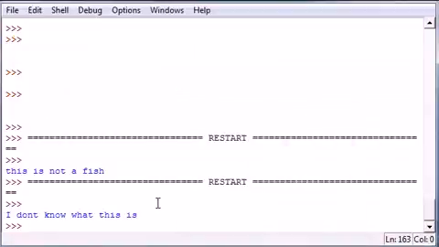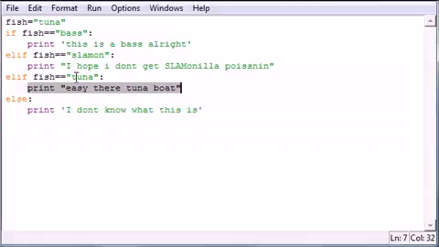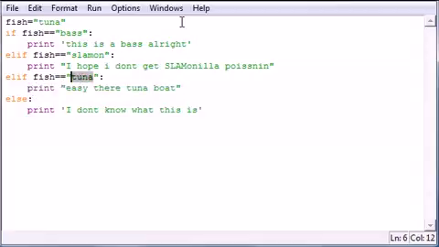So let's see what happens. Press F5 and run it. It says easy there, tuna boat. So pretty much the only condition that was true is this. So the only block of code it ran was this. But if we change this, say